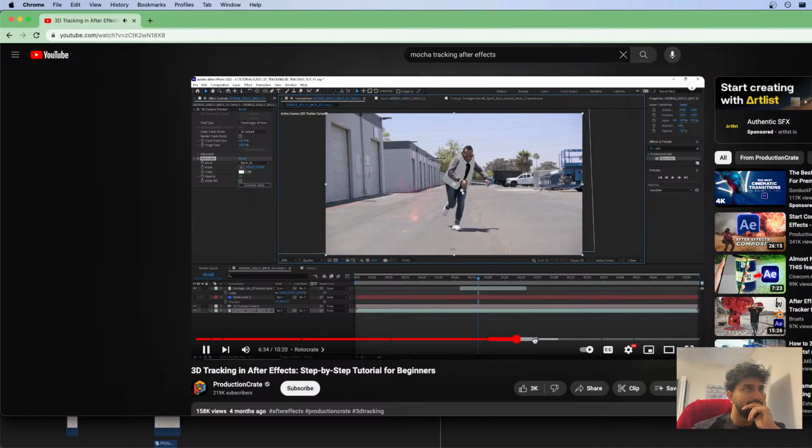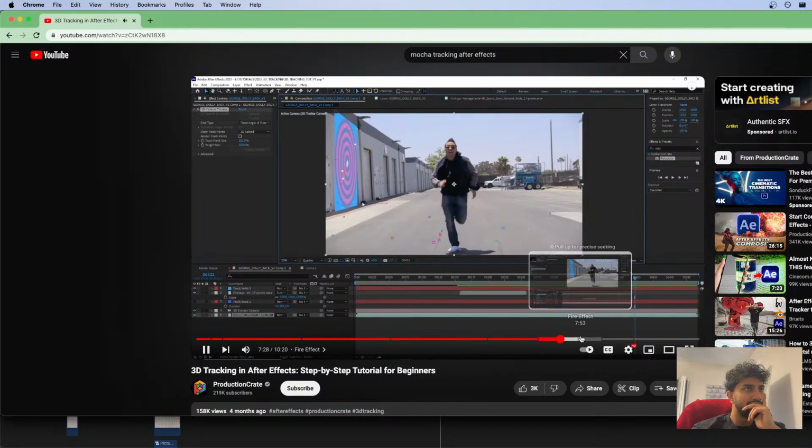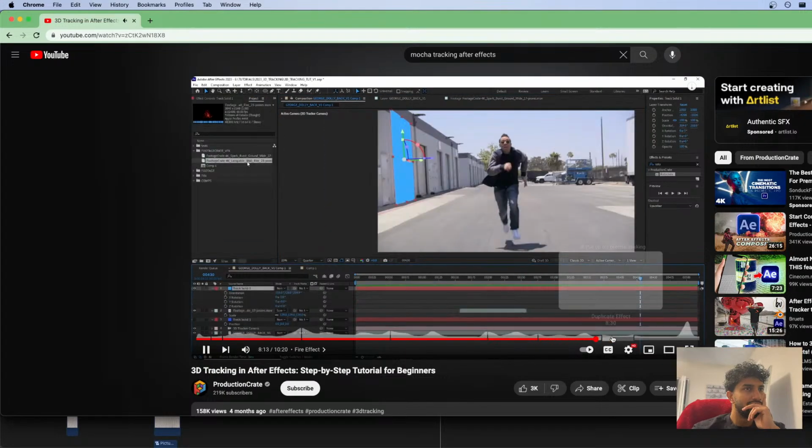And just look at how fast it is. So right here I just have his pan selected, but we're going to add some range controls. Now look, I have his entire... If I scroll around